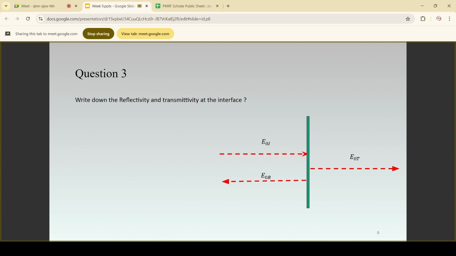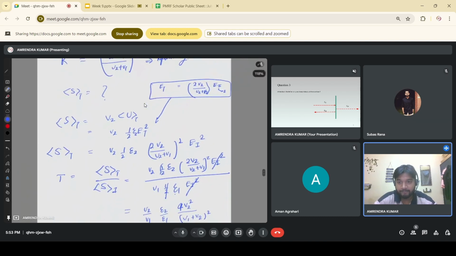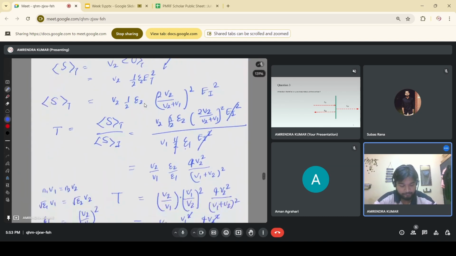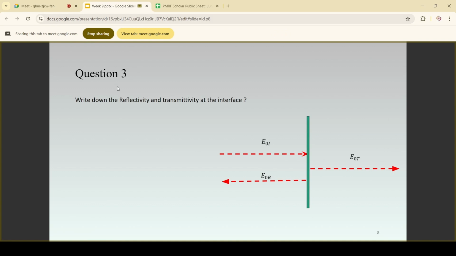This is the transmittivity, and here is the reflectivity. Now we know that whole thing. Okay, now for the next question, write down: